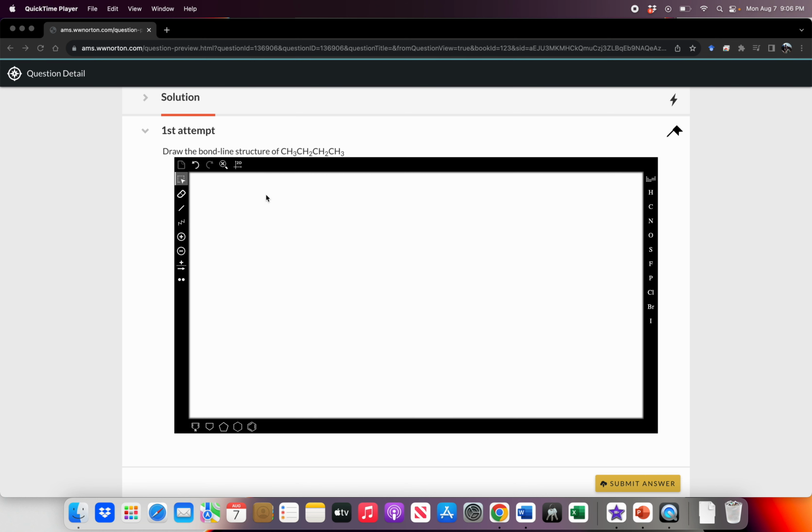Now I'm going to show you an example of these bond line structures here. You can see that our tools are pretty similar to what we had before. The difference is going to be how it's displayed when we start laying stuff down. And I will point out down at the bottom here we have some shortcuts. So if we wanted to draw, for example, a cyclic molecule, it gives us this hexagon template here that we